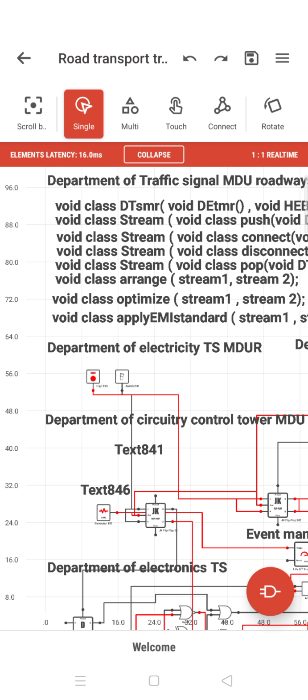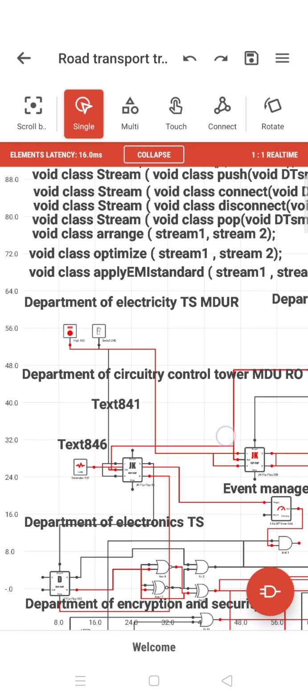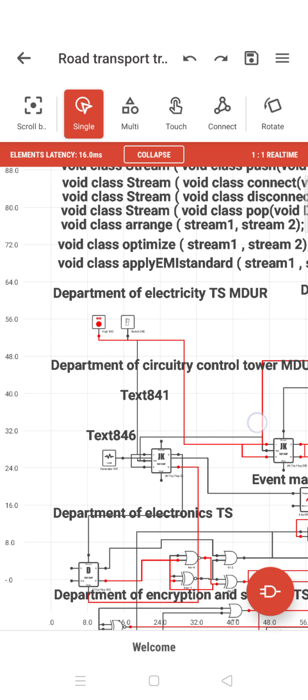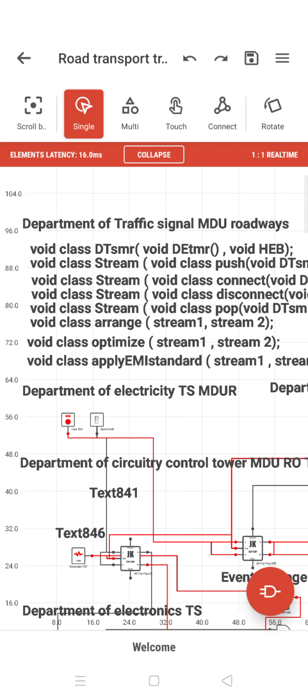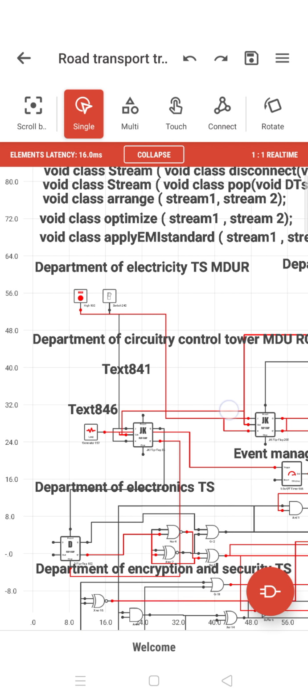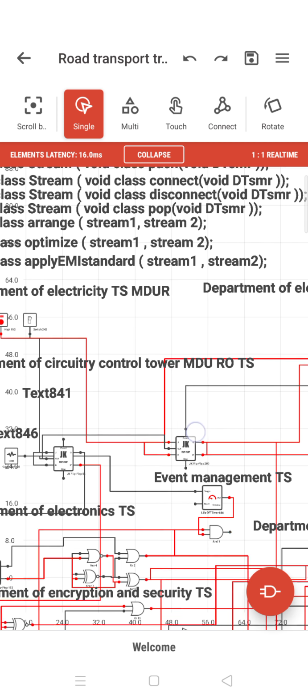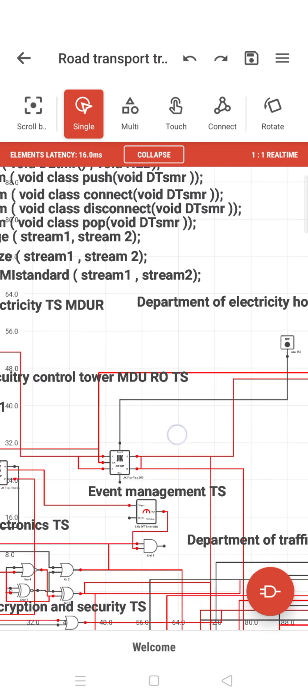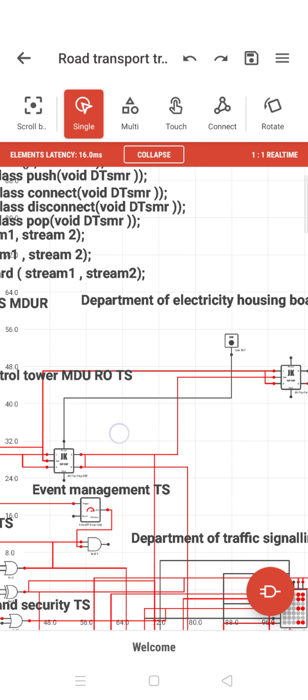Department of Circuit Control Tower. The whole department is subdivided into different departments. Department of Electricity is one thing, Department of Circuitry Control Tower is another, and Department of Electricity Housing is another.